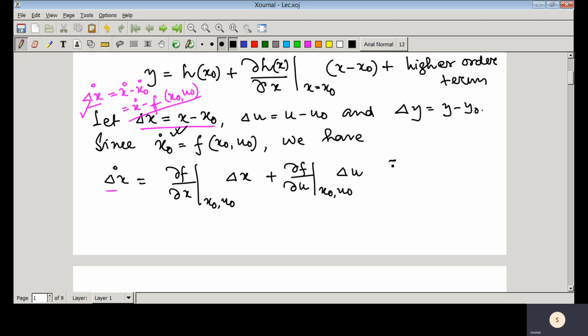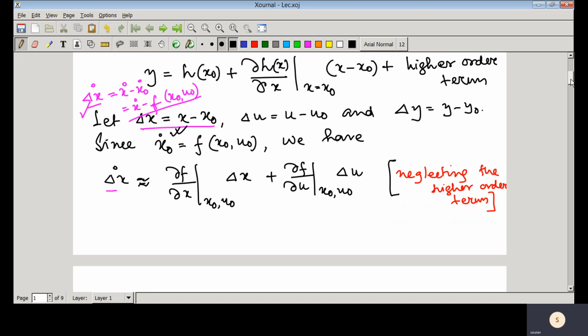So we have neglecting the higher order terms. So this is actually one approximation, I would say. So that's why in place of equal to, I can put that it is nearly equal to, and here what would be the output equation?